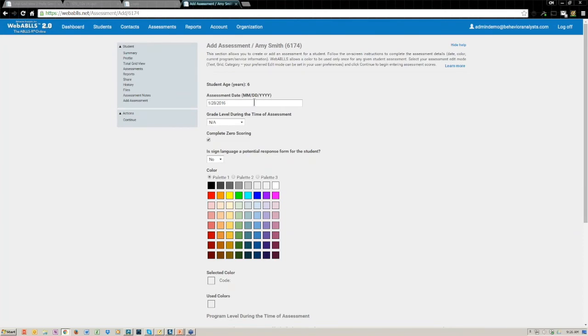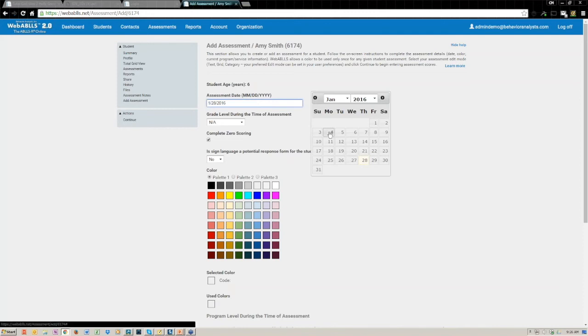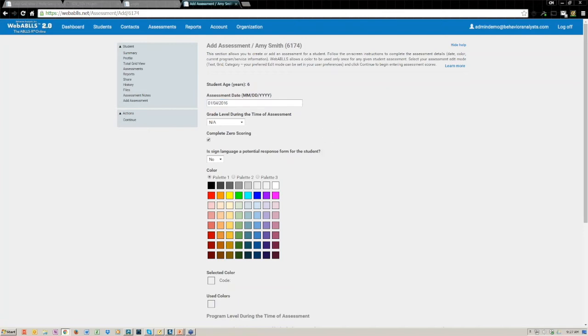I like to point out something about the assessment date. As we all know, you might be entering this data at a different time. You may have started this assessment a week ago. And so that might be the date that you want to put in here instead of this date. The default will be the date and time that we actually click the save button on this. That will be what's called the creation date. Each assessment will have 2 dates. One is a creation and one is called an assigned or assessment date.